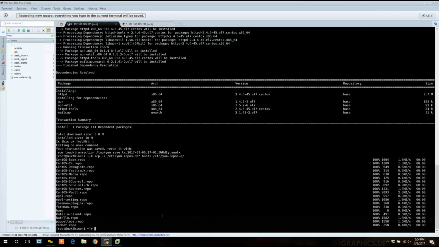The host 2 and host 3 can be any OS, it doesn't have to be CentOS.